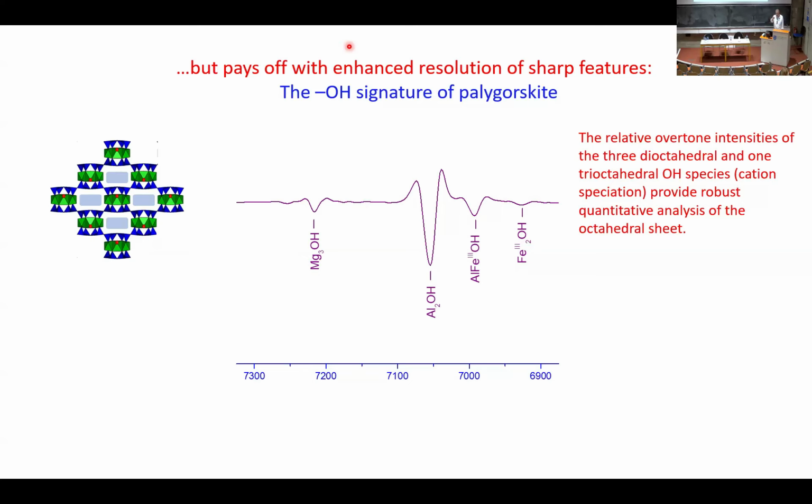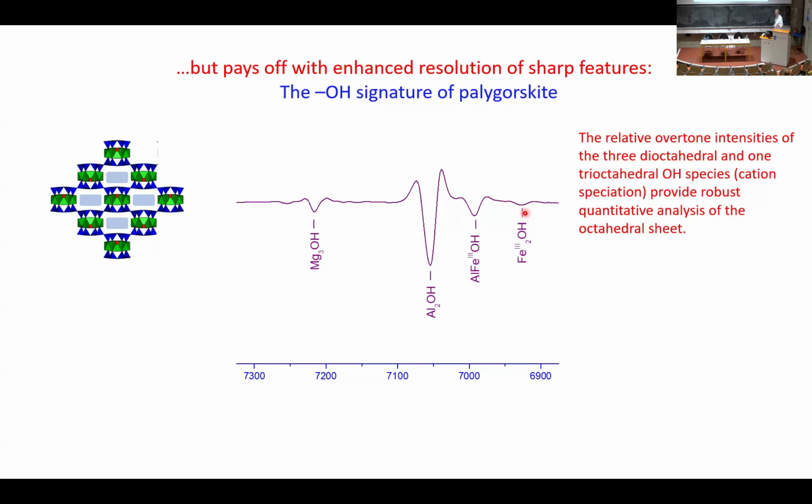Now you have two sites occupied by two kinds of cations. So you have two of one kind, two of the other kind, or 1 and 1. This is what we're seeing here. And this is the trioctahedral signature. So this is what you get. And you can use the relative intensity of these bands to quantify the amount of iron 3 plus in the octahedral sheet of palygorskite. The same way that we had it. Okay, now let's